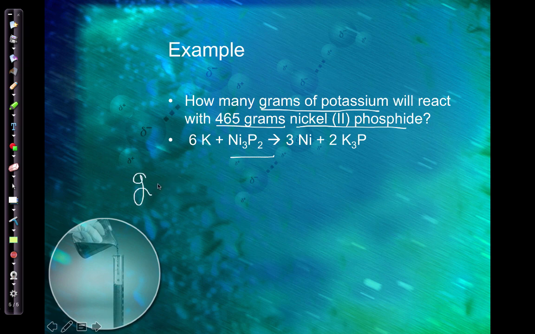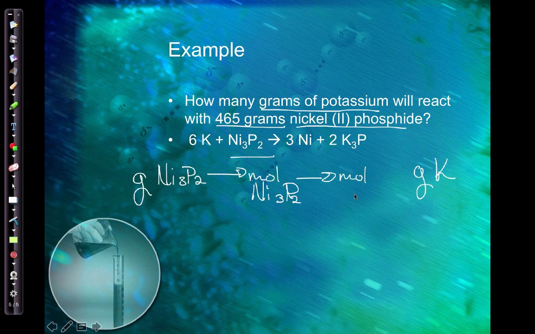So I'm starting with grams of nickel phosphide, and I want to go to grams of K. So in order to do this, I'm going to go to moles of what I have. And then I can go to moles of what I want, which is just of potassium, and then I can go to grams. And anytime I'm going between grams and moles, I'm going to use the molar mass. So I'm starting with